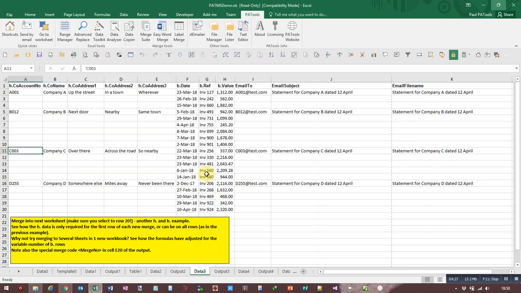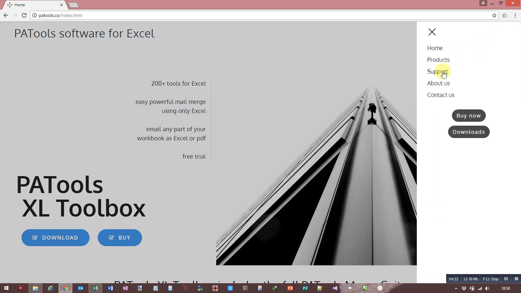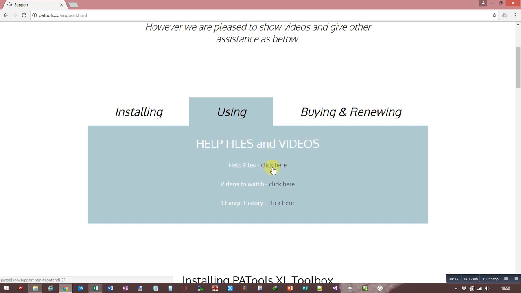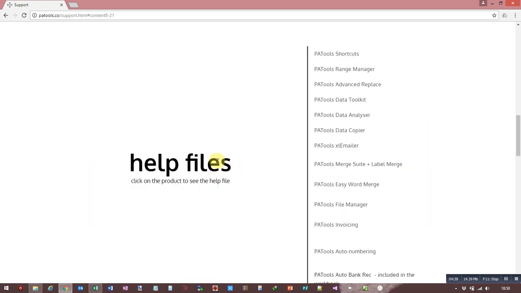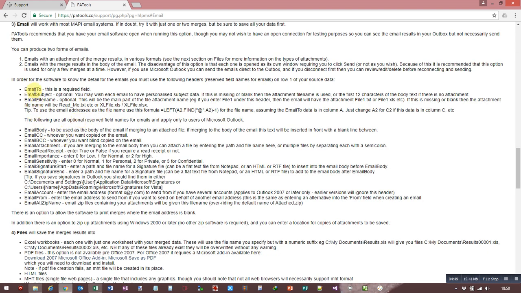Go to the support section, using the software, help files, find the help file for the PATools merge suite, and here's all the information. We were looking just now at the output 2, including reserved field names for emails. So here you can see we had email 2, email subject, which is optional, email file name is optional, and there's a whole range of others,